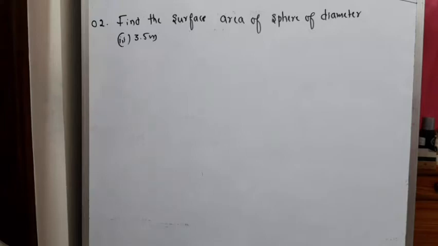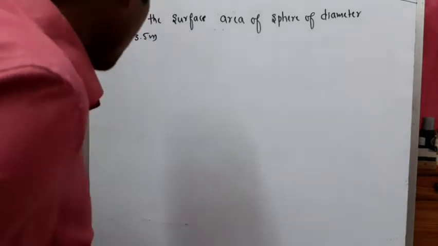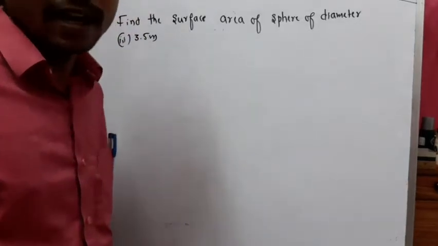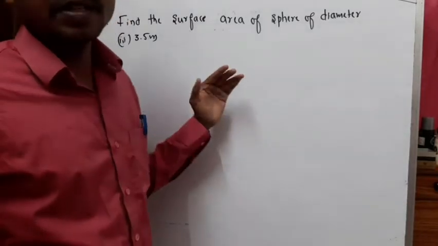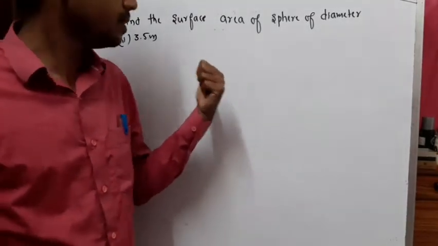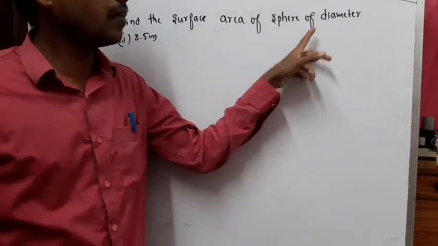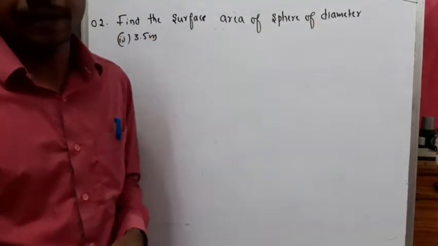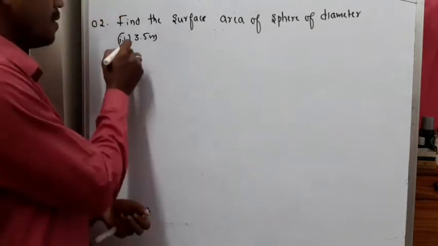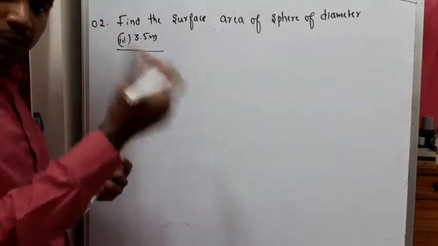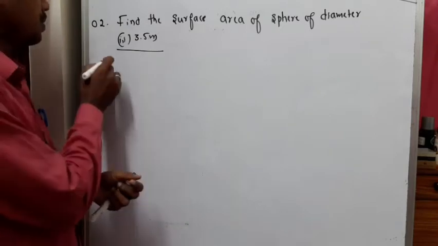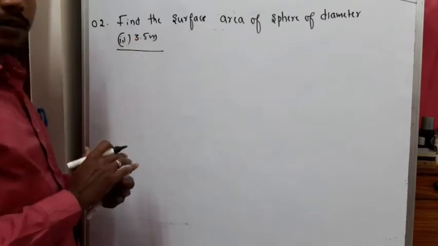So second main, we'll start with exercise 13.4. In that second main, the first one directly makes use of the radius to find the surface area of a sphere. In the second one, they have given: find the surface area of the sphere of diameter 3.5 meter. Okay, so I have considered the third sub question. First you should solve by yourself. So second main, third sub question,